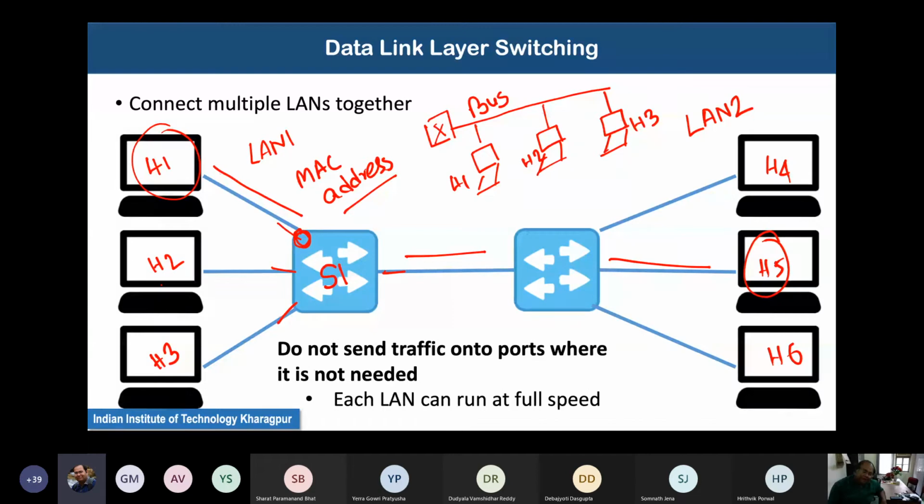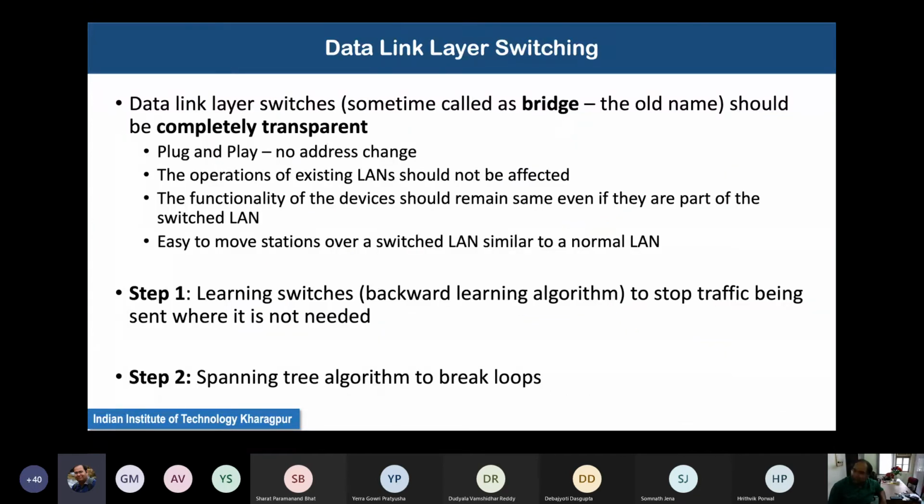Okay, so let us see how we implement such switching functionality. Sometimes we call the data link layer switch a bridge. The bridge was actually the old name of our data link layer switch. Earlier we used to call it a bridge because it works like a bridge between two different LANs, and those two LANs can be the same technology or different technologies.